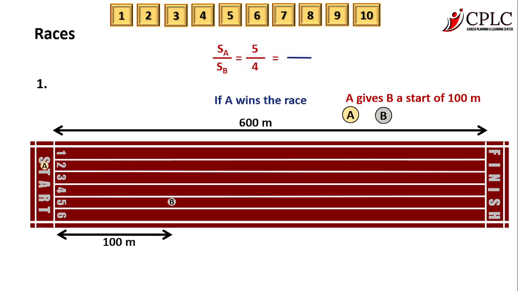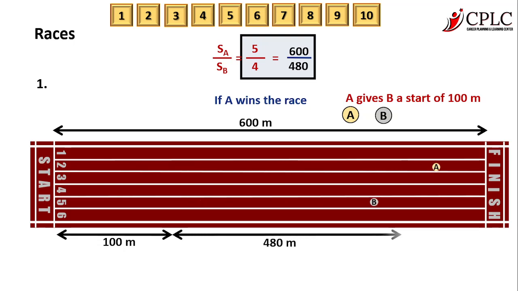Distance of A is at the starting line. If he has to win, he has to cover the entire 600. Let's calculate B's distance after cross multiplication, and that distance turns out to be only 480 meters. So now think about this. By the time A covers the entire 600, B covers an additional 480 meters. They had asked two questions: who wins and by how much distance, or rather by how much difference. So clearly you can see it is A who wins, and the numbers are also matching.